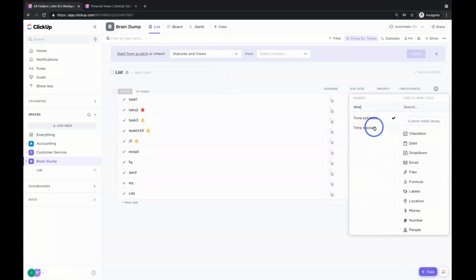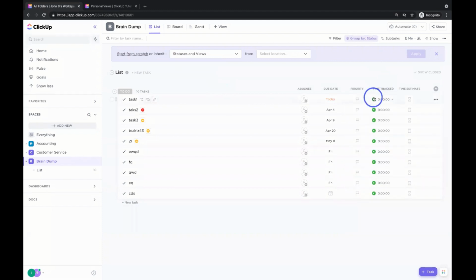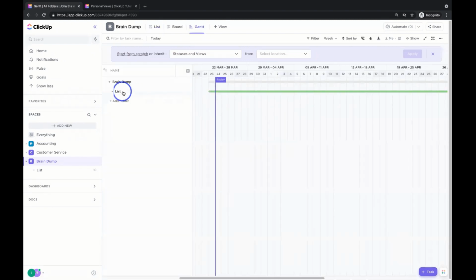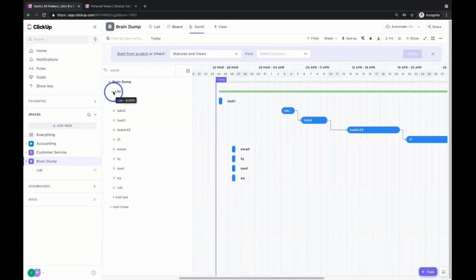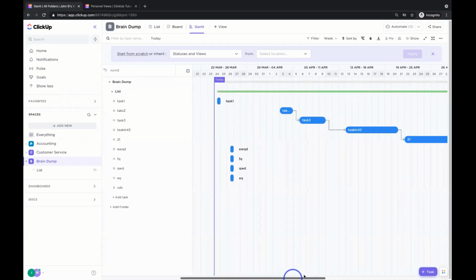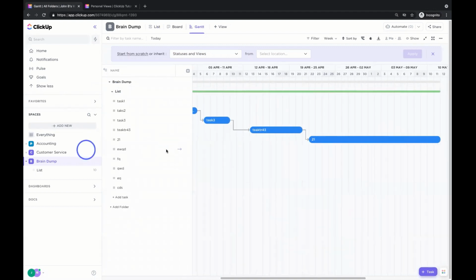So it's just a quick and easy way to see how much time is left. We've got time tracked and time estimates. You can then put a time estimate here of 2 hours. There we go. We can add those on to any given task, any given time. So put in the tasks, add your dependencies, convert them to subtasks, add your time estimates, go to your Gantt view, and see how this all plays out across those different tasks. That would probably be the quickest way for you to see how different projects are ongoing.